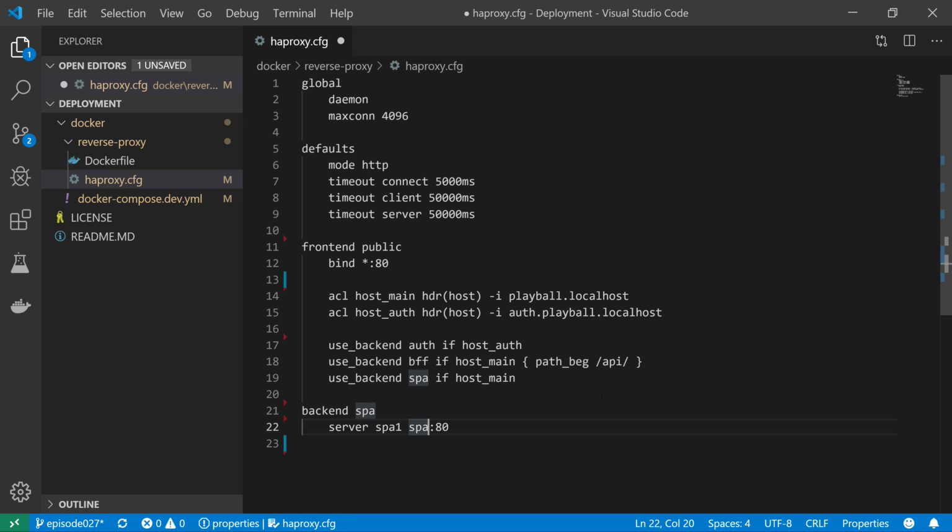This is the host name. It could be an IP, so it could be something else. In this case, we can use the host name because Docker Compose will provide us with host names, like I mentioned in that Docker development app settings file. So this is the same. So SPA will be the host name of our single page application. Then we can configure the other ones. So backend